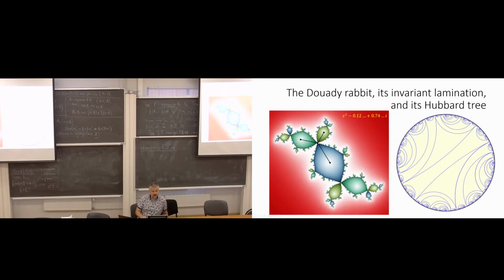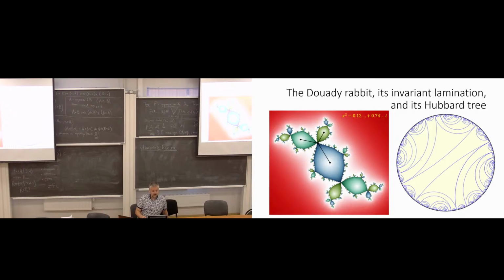Okay? But this is the end of the similarity, because otherwise it's a fractal rabbit, because you will have infinitely many points on the boundary of the body at which pairs of ears grow, and the same thing on the boundary of each ear, and so